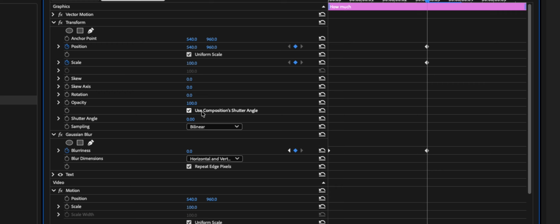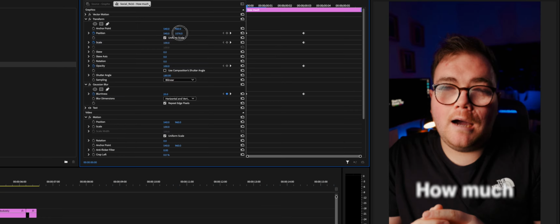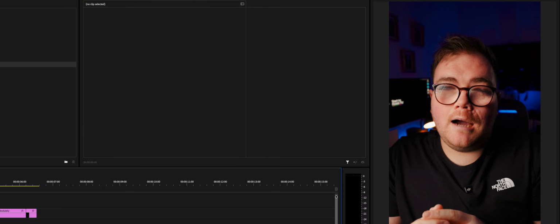I would also uncheck use composition shutter angle, and set that to 180, so that gives you a nice bit of blur. I'd also set a keyframe for opacity, and then I'd go to the start, lower the Y position, and drop the opacity to 0. So then that gives you a